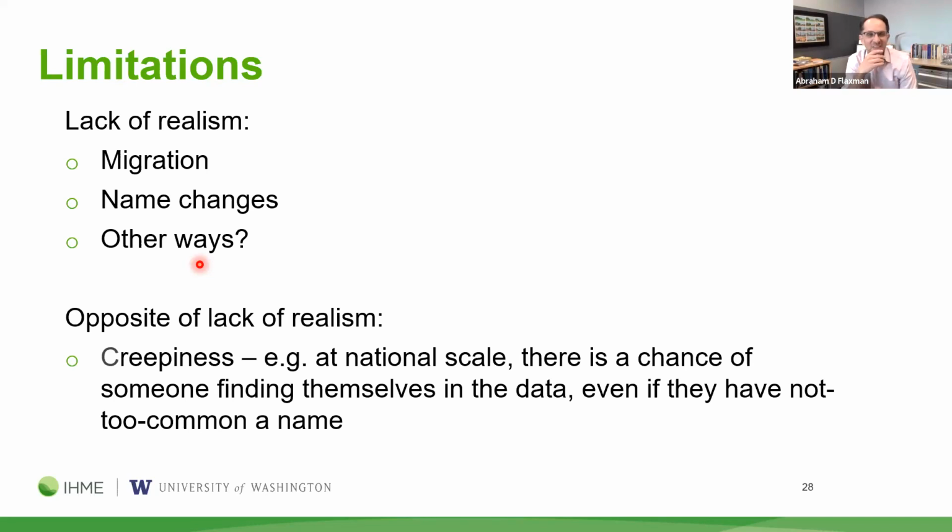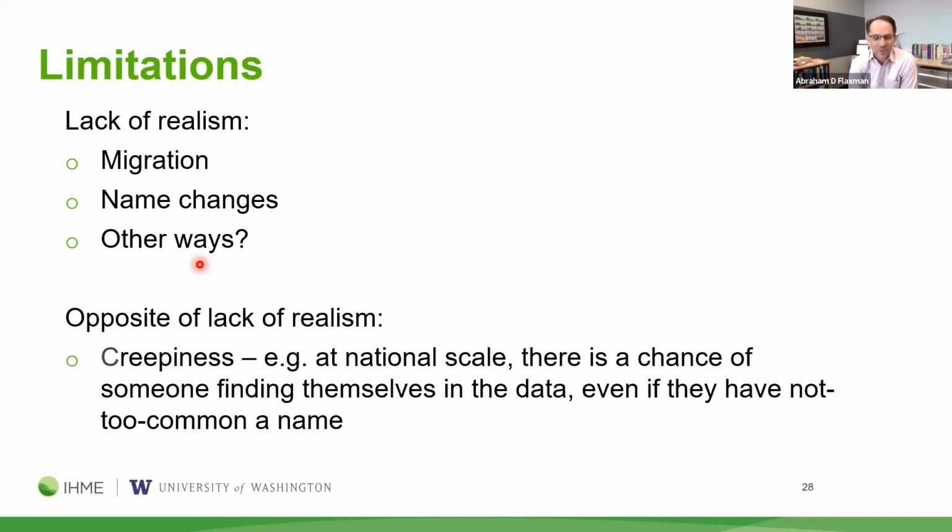But then there's another interesting limitation, which I think of as the opposite of a lack of realism. And I also, in my own mind, think of this as a creepiness. At national scale, there's probably someone in the audience who would find someone with their name, first, last, even middle initial, in this data.